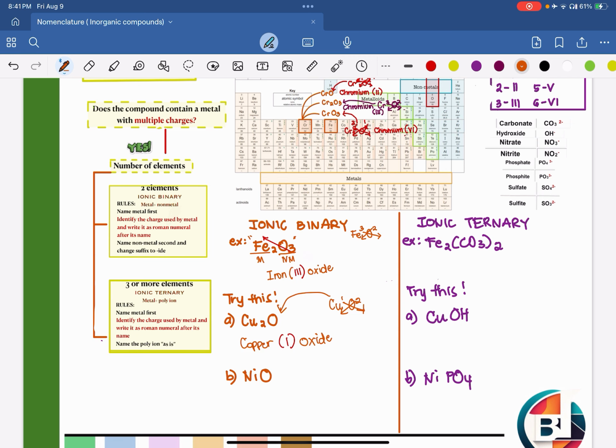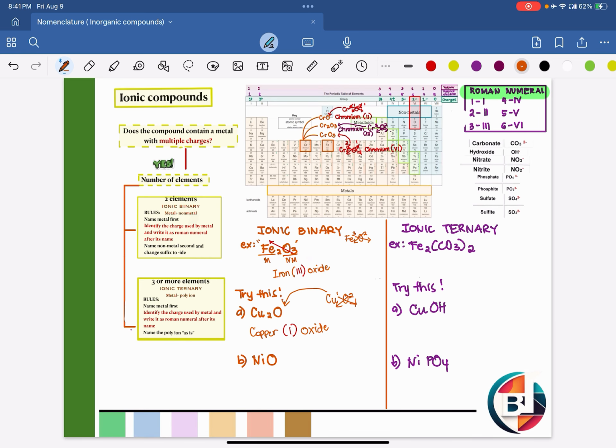Moving on. So again, possible charge of nickel is 2 and 3. And it's still being paired with oxygen having a charge of 2. So which one do you think did nickel utilize? Is it 2 or is it 3? My answer would of course be 2. Because if you're going to analyze it, this one would be cancelled out or simplified because they are both divisible by 2. Then crisscross, then you will have this specific compound.